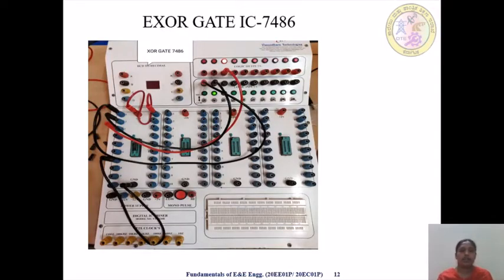Similarly, when you are connected to a digital trainer kit, the 7 is connected to ground and 14 is connected to VCC. Here 1 and 2 with the black patch cards, it is connected to the input terminals and the third terminal is connected to the output with the red patch card. Here when the input switches are given as 0, 1, then the output will be 1. So this is how to give the connections in the trainer kit and to verify the output by giving the proper inputs.